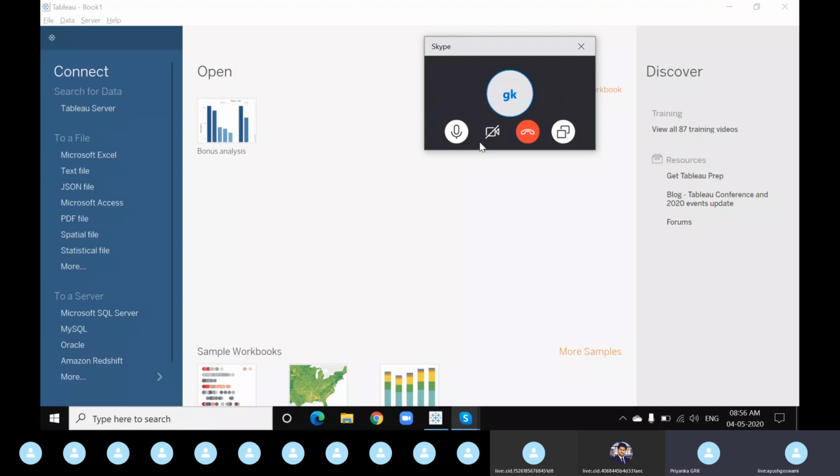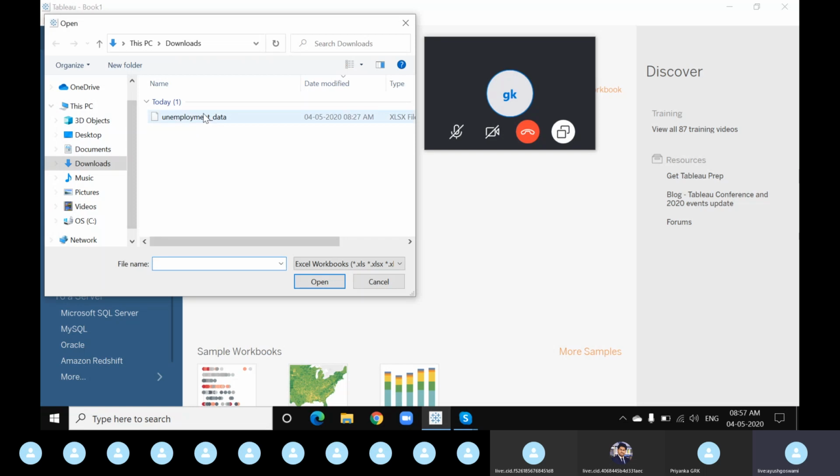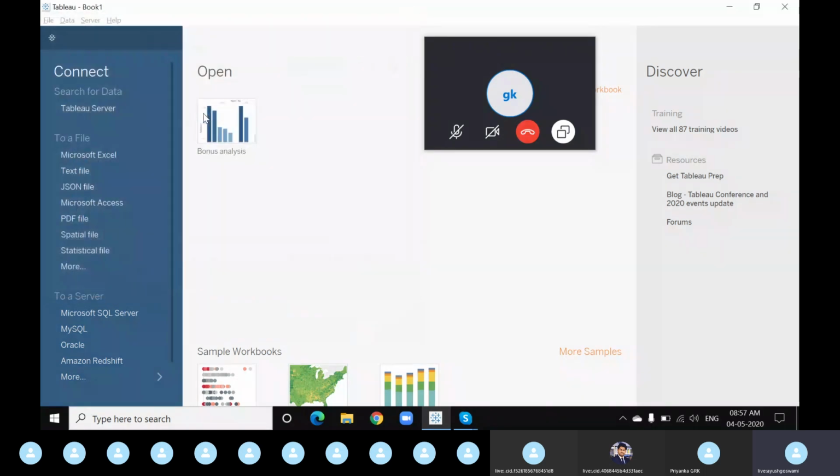Yeah, you are not getting this option, live or extract, because you have not included your data set till now. For that, you have to click on Microsoft Excel written on the left pane of your window, and import that data set here first, and then only you'll be able to see it.